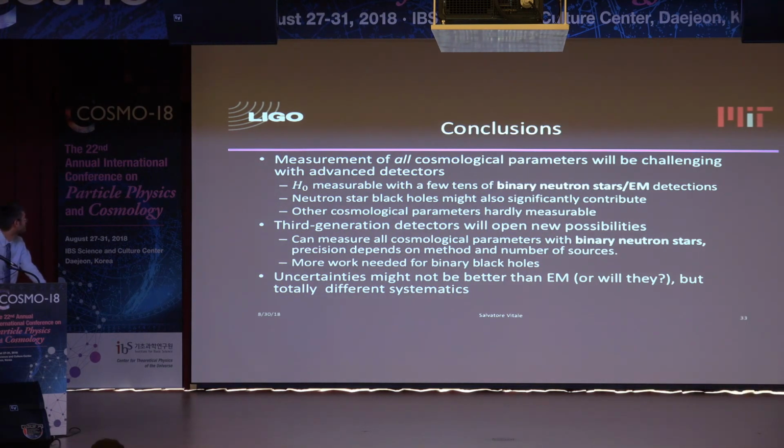we can measure all the cosmological parameters with gravitational waves. Now, with advanced detectors, we're going to have to stick to H0, very likely. We, at this point, believe that with a few tens of binary neutron stars with an EM counterpart, which means 5-year-ish, we can give you a couple of percent measurement. And neutron star black holes, as we start detecting them, may bring this number even down. And for other cosmological parameters, omegas and Ws will take longer, will take the next generation of gravitational wave detectors.